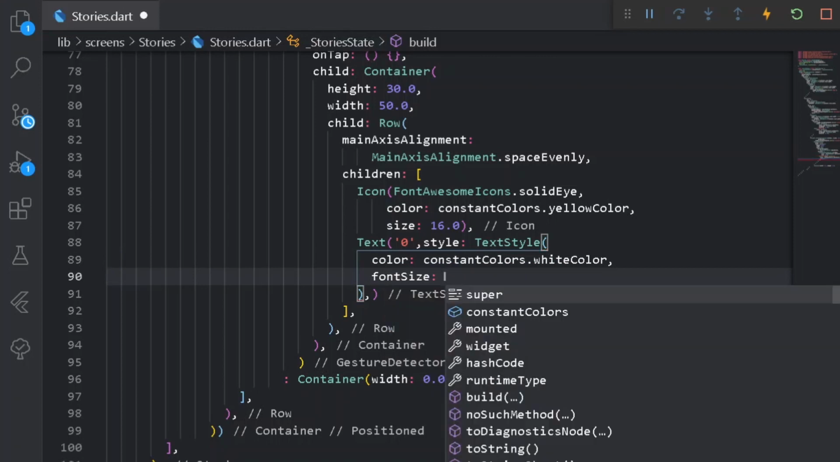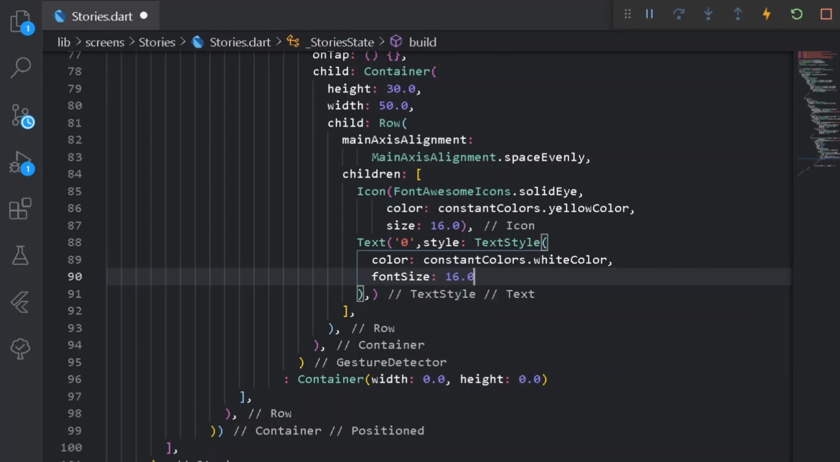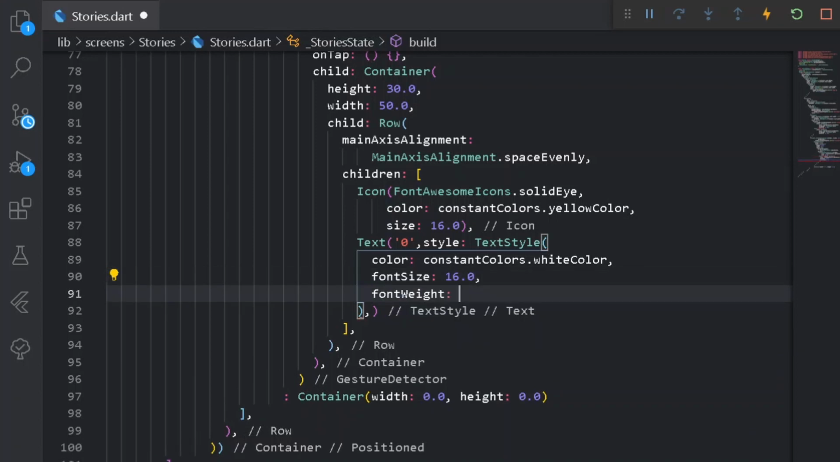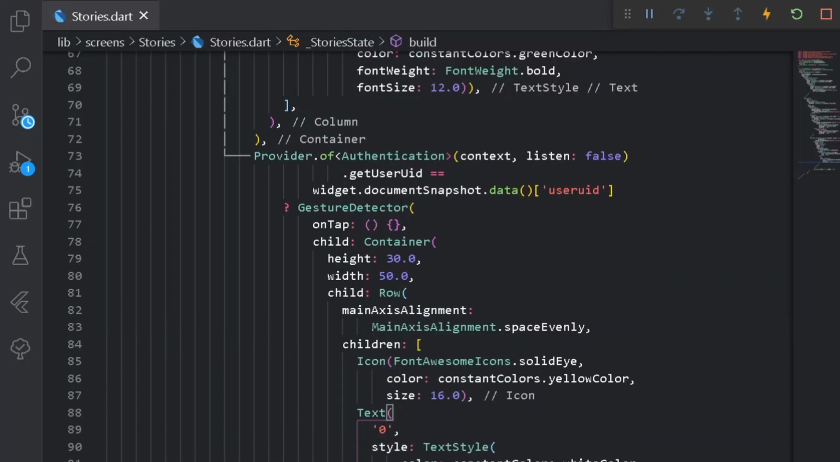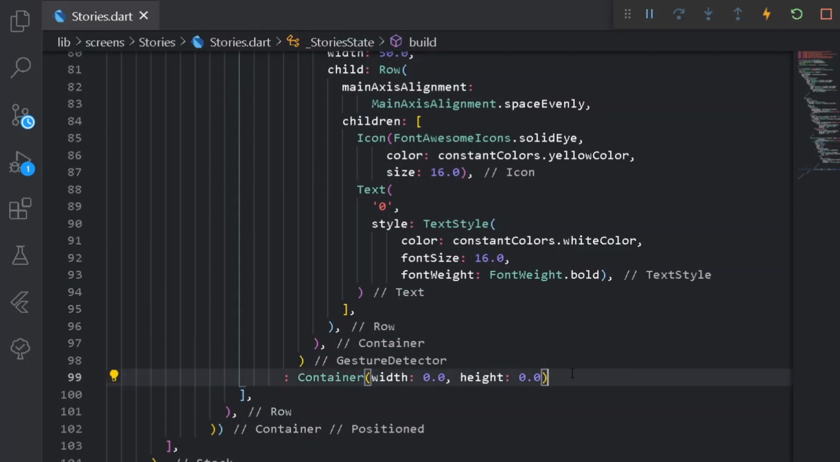So here under a font size, I shall be having a font size of 16. Let's have a font weight of bold, and format document once. Once we have done this, we are good to go. So now we can do one thing: get rid of the following container, that is, come out of the following